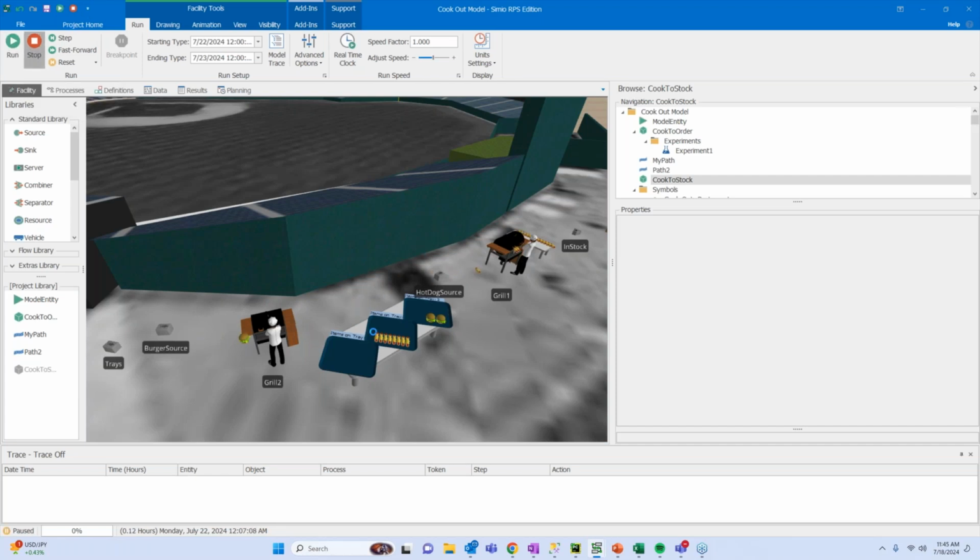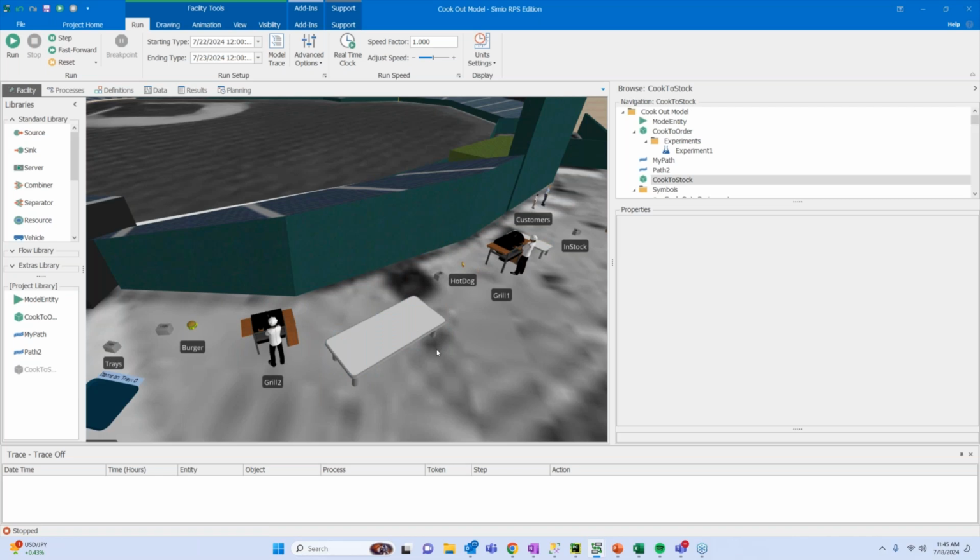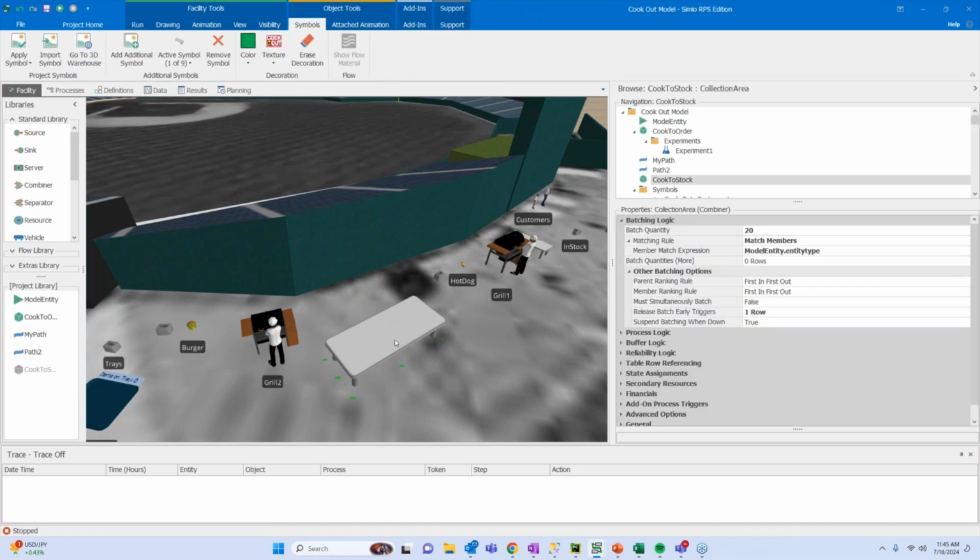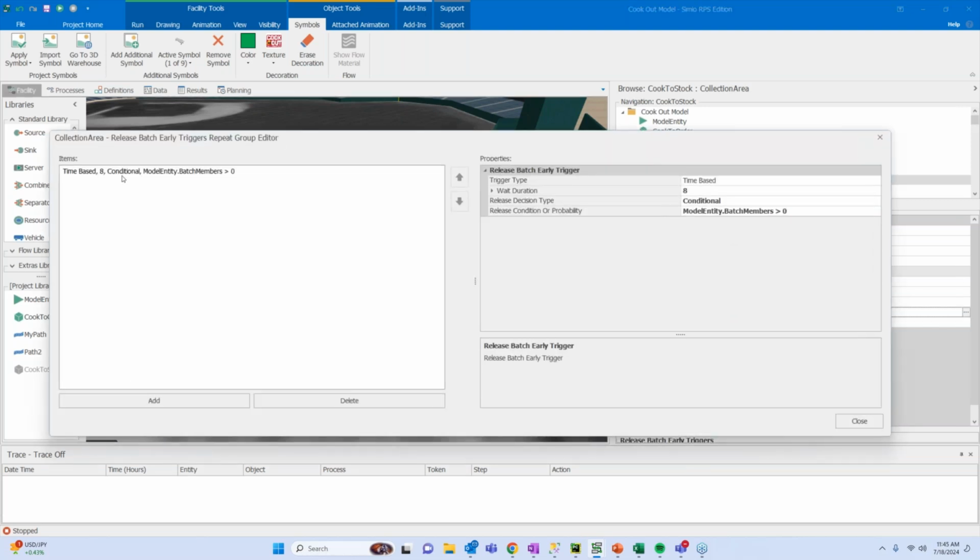But then there's another caveat to that, in that, especially in the food and beverage space, timeliness is important. We want to make sure our products are fresh. We want to make sure that we don't have anything spoil. So there's also the notion of a release batch early trigger that is in place. That is checking to see, on that tray of food, if the tray has been waiting for 8 hours, well, 8 hours is a lot of time, but if it's been waiting for 8 minutes or more, we're just going to take the tray over to the concession stand prematurely.